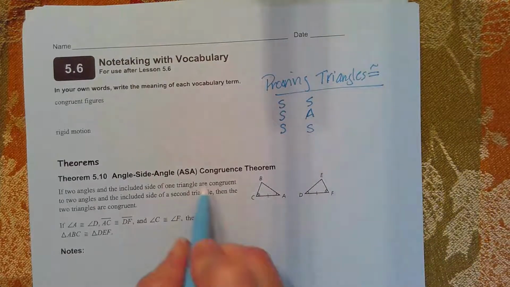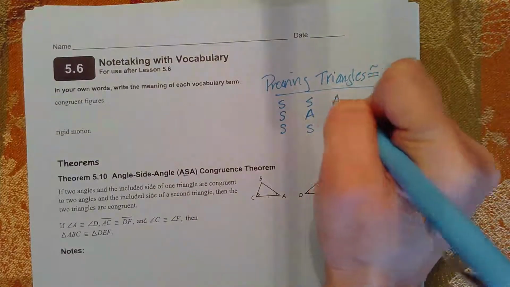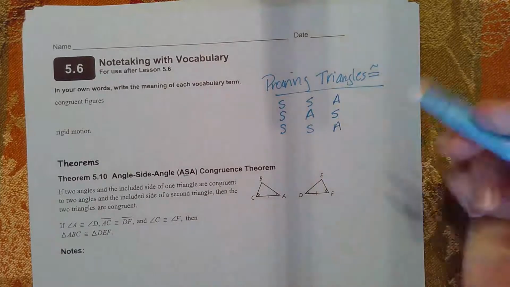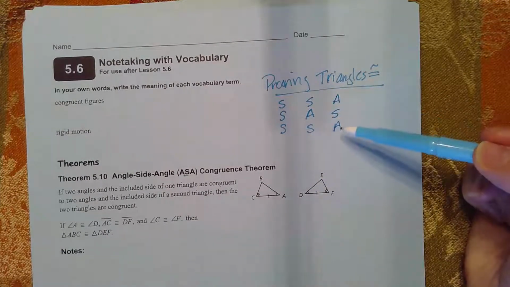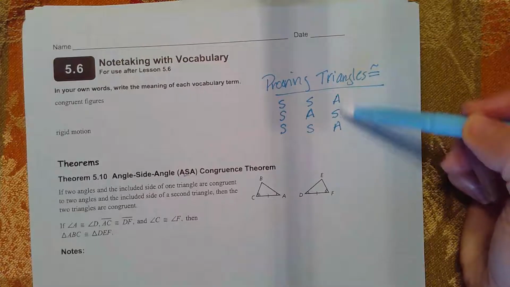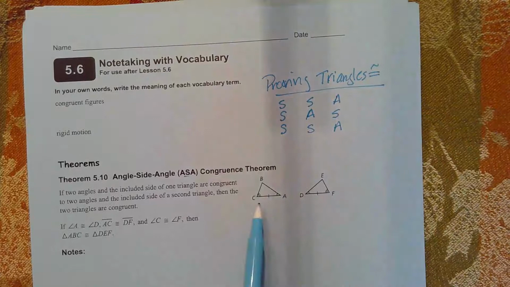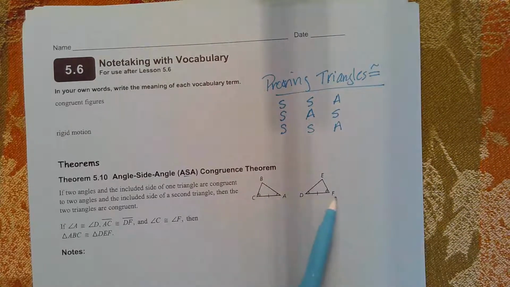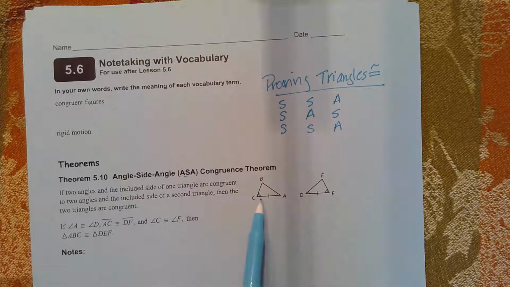Today we're gonna add ASA, which is angle, side, angle. So it's kind of like side, angle, side, except it's the exact opposite, right? So it's like the converse. So we're going to do two sets of angles that are congruent and the side that's between them. So if you notice, if they show you that C and F are congruent and A and D are congruent, and that the side AC is congruent to side DF, and that's the side that's between the two